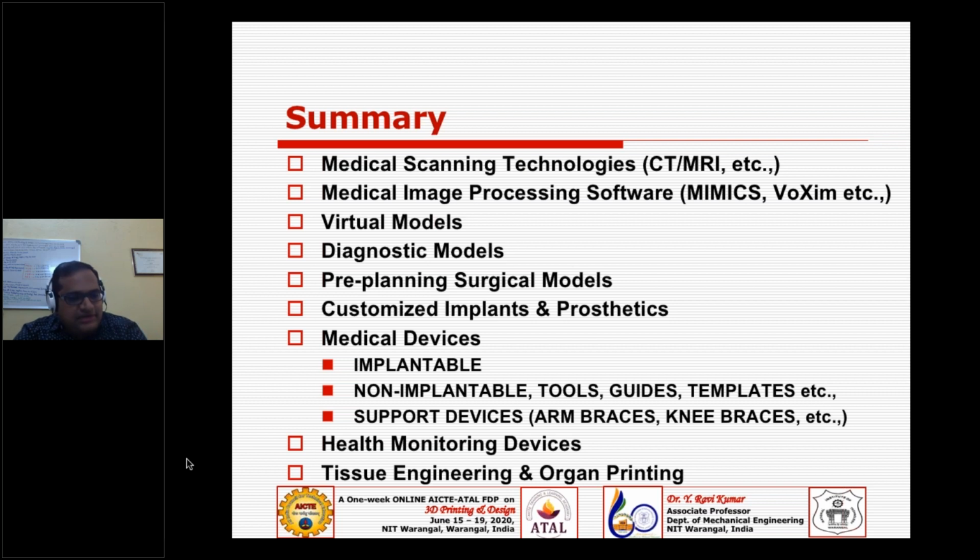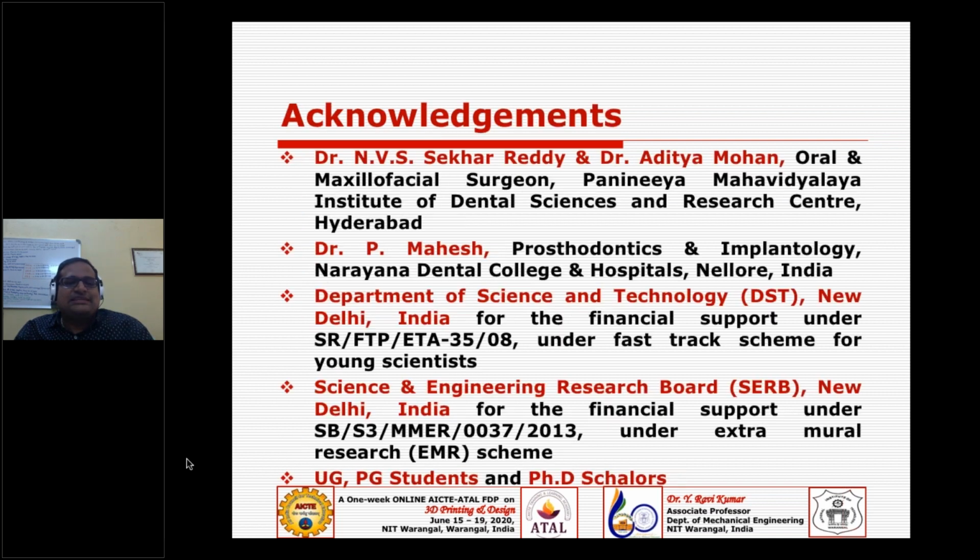Some may be implantable, some non-implantable, or tools, guides, templates, or supporting devices like arm braces and knee braces. You can also design and fabricate health monitoring devices. And finally tissue engineering, a more mature one, as organ printing or bioprinting. It is going to happen very soon, we can see.